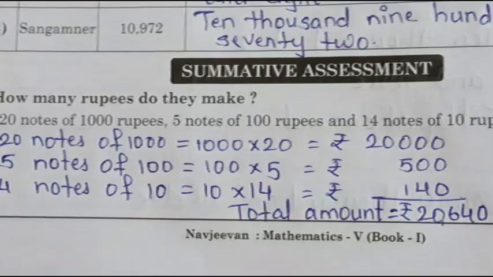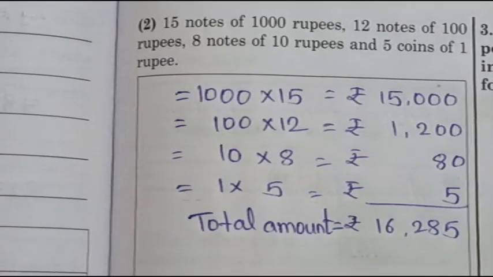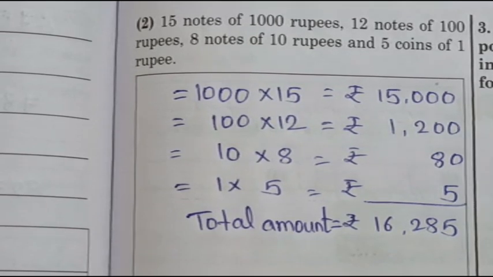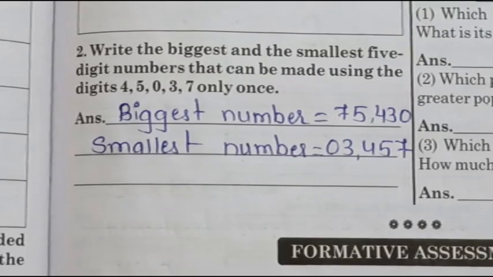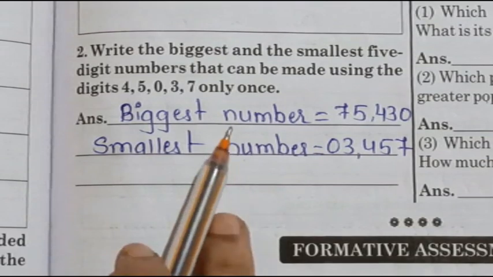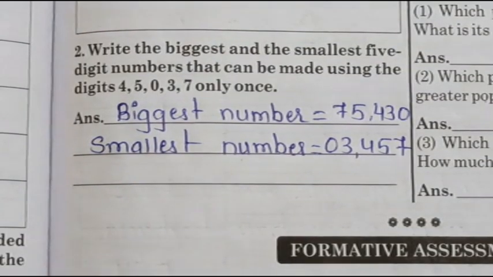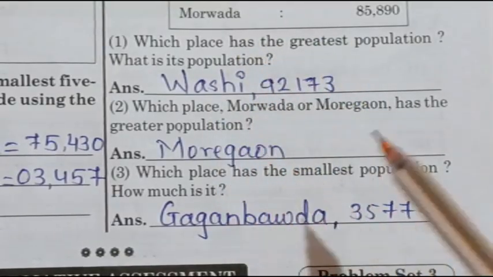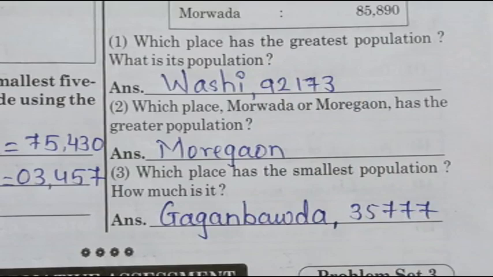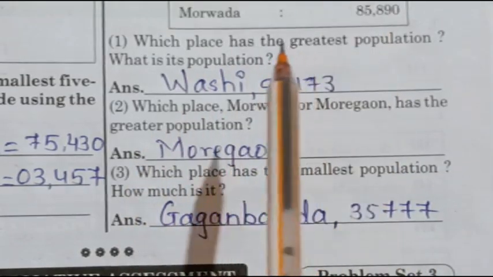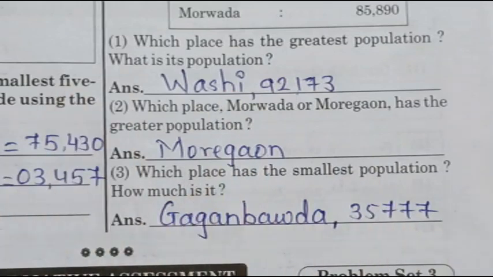Okay. Now students, on page number 55, the second question is a continuation of that summative assessment. In this, students will write the biggest number and the smallest number. So you'll write down this answer. After that, students will copy question number 3, the last question of problem set 2. Now here there is no place, that's why I have written the short form. But whenever you are writing in the exam, you have to write the full sentence.